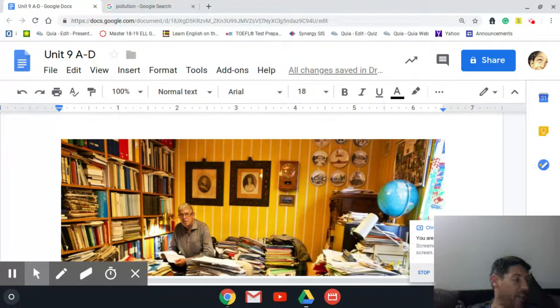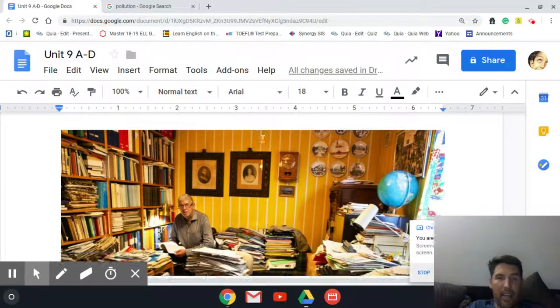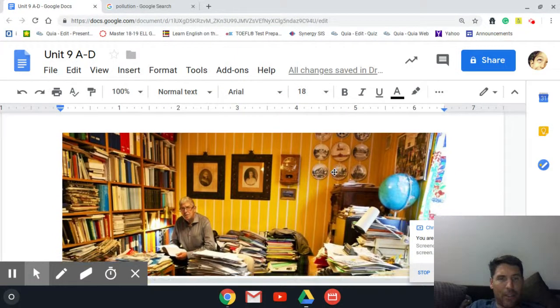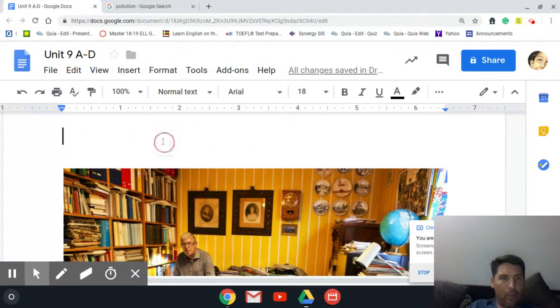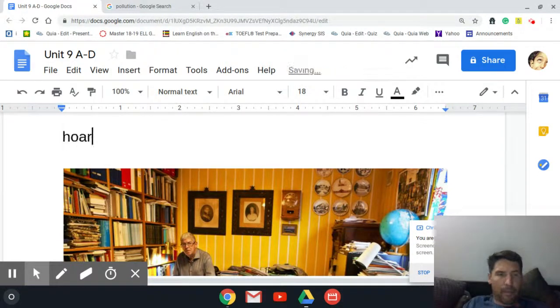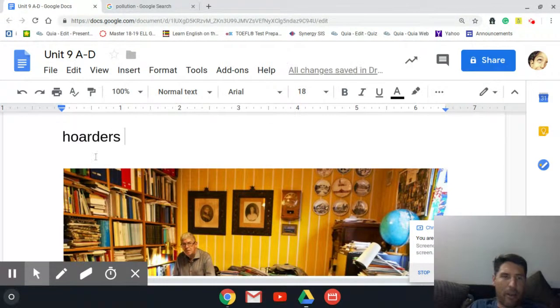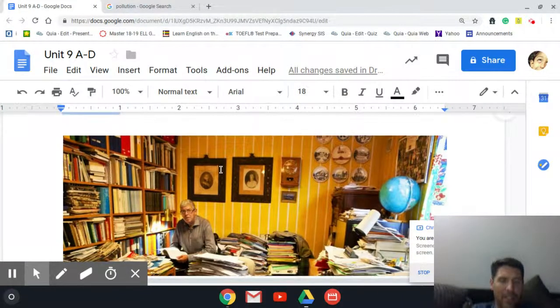Okay, and then let's look at 9D. Not 9D, but 9 letter D. In your book, it begins on page 252. This is the difference between too many and too much. I found some pictures of, this might be a new word for you. There are people that we have in this country, maybe you have them in your country as well. We call them hoarders. And what a hoarder is, a person,